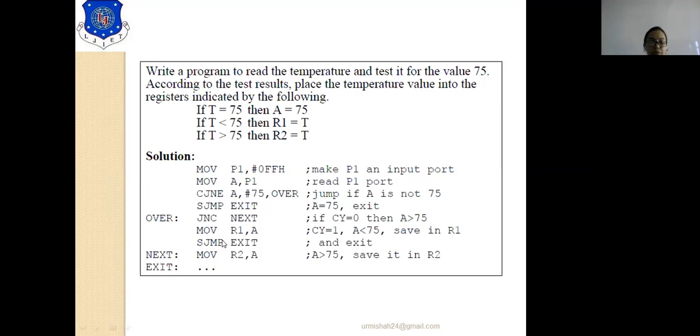Please go through this program and run it in any simulator. If you have Keil Vision software, you can easily run this program in Keil and check how the program of 8051 works.